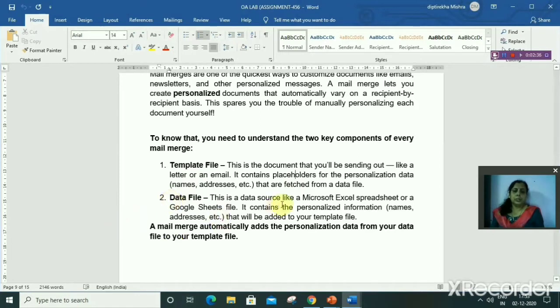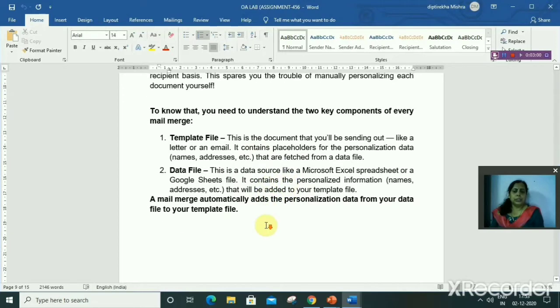It may be a Microsoft Excel spreadsheet or Google Sheet, any sheet having personal information like name, address, email, phone number. And the third is that mail merge will add the data from the data file to the template file. This is the work of mail merge.